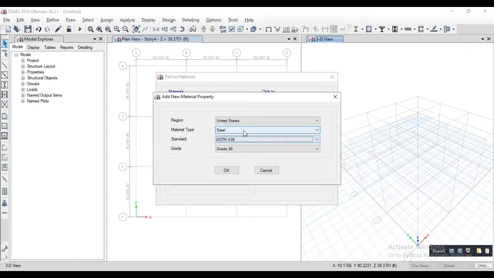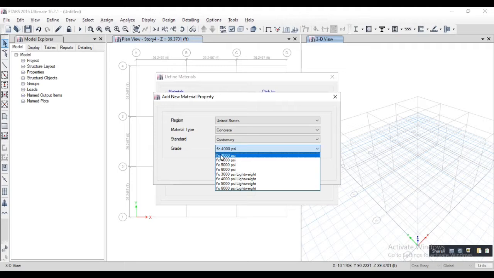After this, we will discuss concrete. For concrete, only one standard is available, the customary standard, and the grades are FC 3000 PSI to FC 6000 PSI. And for high-rise buildings, we use FC 3000 PSI lightweight to FC 6000 PSI lightweight.